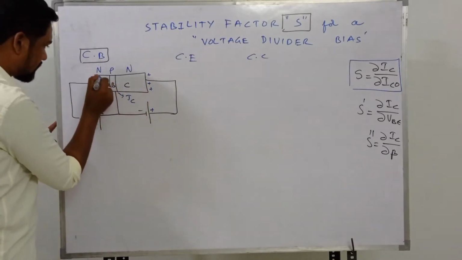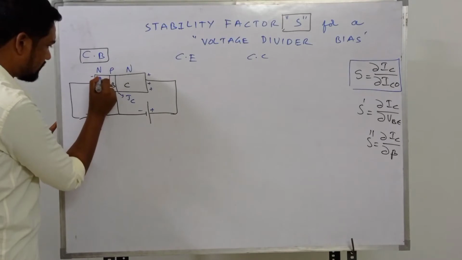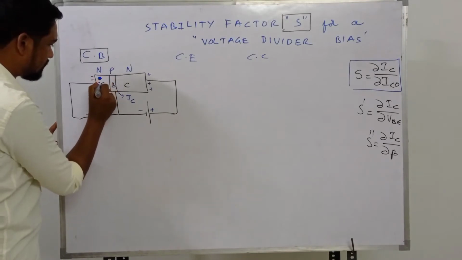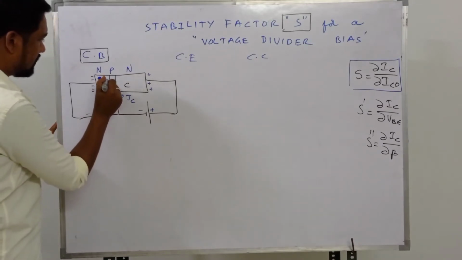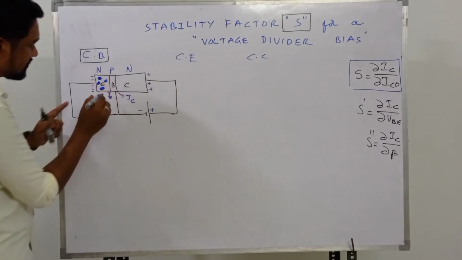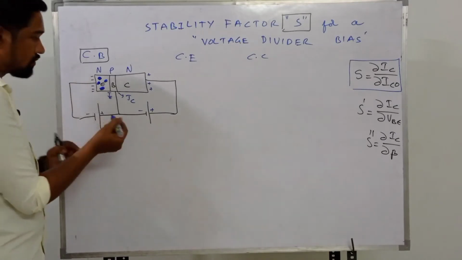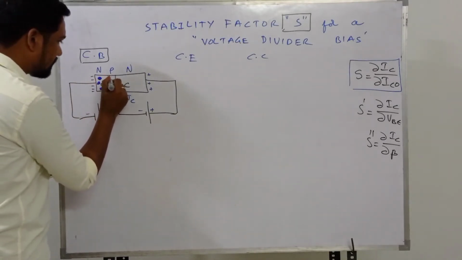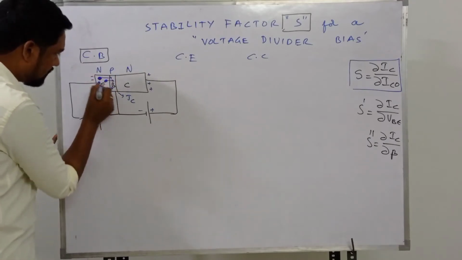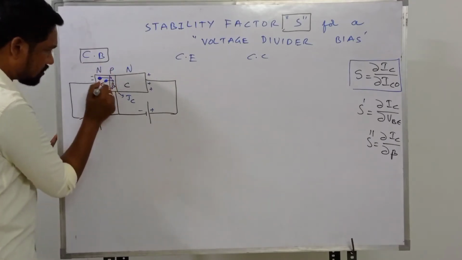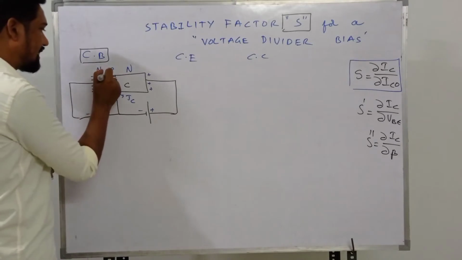These are the electrons experiencing the repulsion force, and they enter into the base. These electrons moving into the emitter region will be